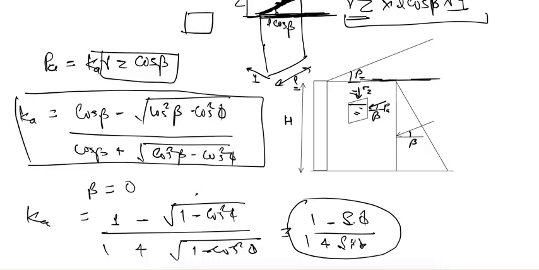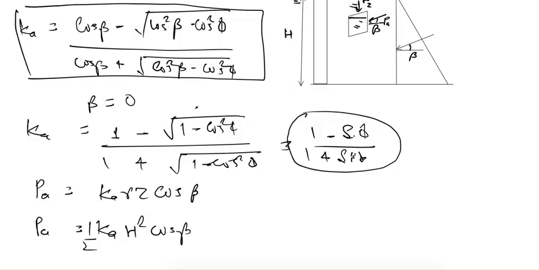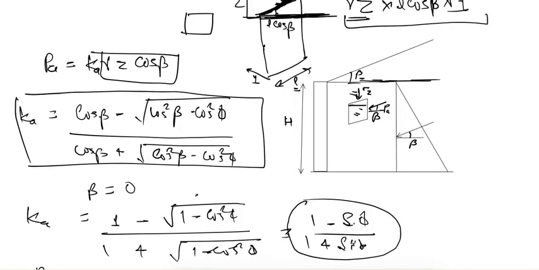And so the active earth pressure is given, as I said, as Ka gamma z cos beta. So the force would be half Ka gamma H square cos beta, and this force would be acting at an inclination of beta. This is the force half Ka gamma H square cos beta, and it would be making beta angle from the base. This would be the pressure distribution. Just remember that it is acting at an angle of beta from the horizontal.